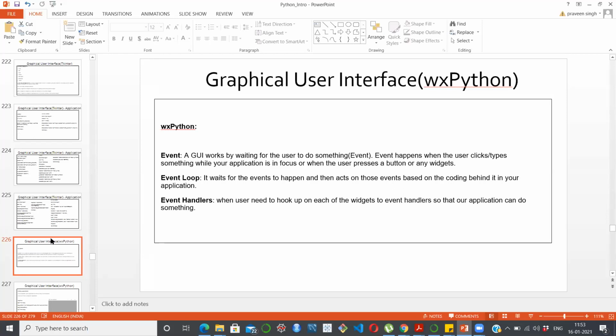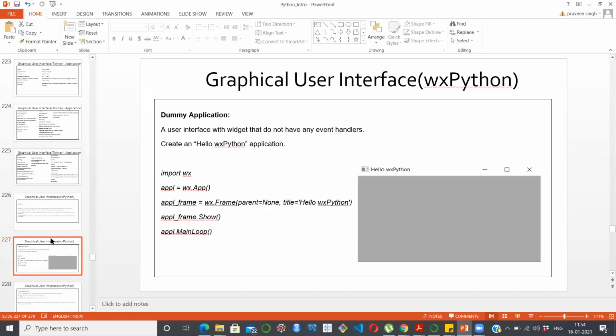Event loop: it waits for the event to happen and then acts on these events based on the coding behind it in your application. Event handler: the user needs to hook up each of the widgets to an event handler so that our application can do something. It's my suggestion, try to use Tkinter as much as possible.